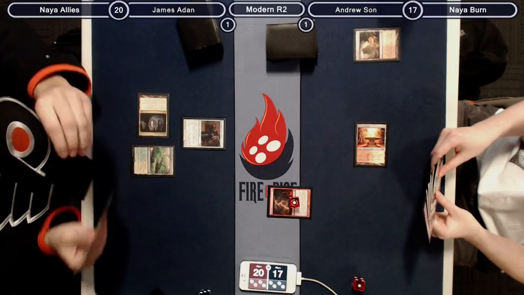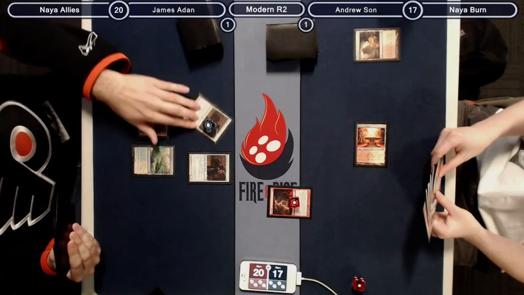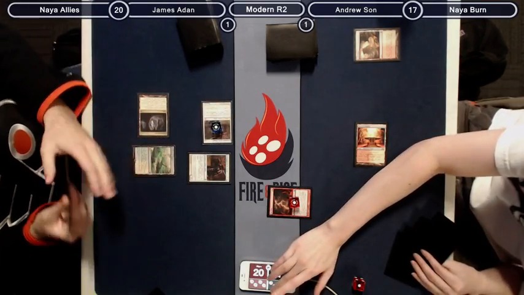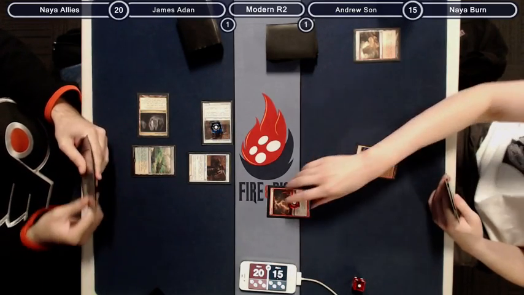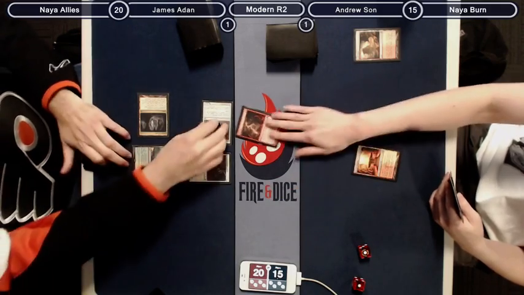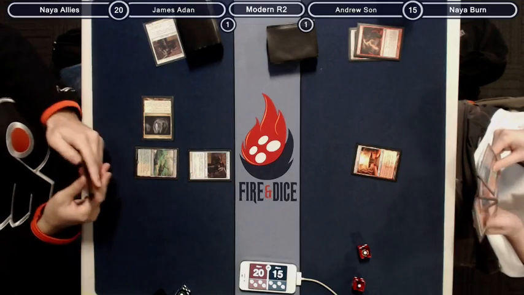Uh-oh. Champion number 2. All right. So if he has an Expedition Envoy... Okay, he does not. That would have been kind of crazy, though. Would have been strong. All right, so what are we going to do here? He's got to kill it, yeah. His hand is not... Not with double champion. Yeah. Oh, he drew a land off the top, so I think...